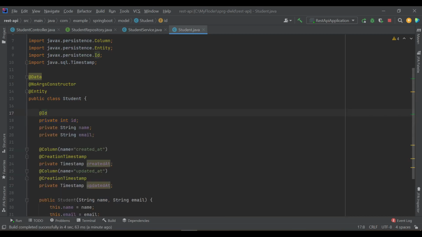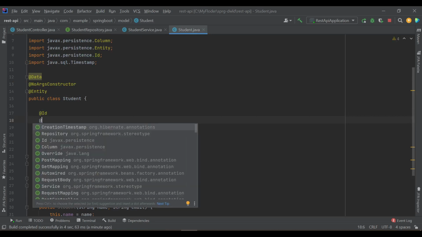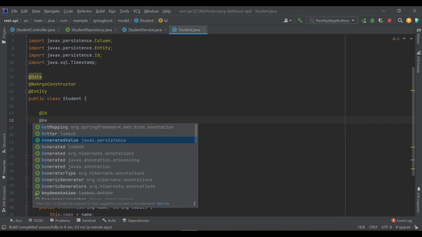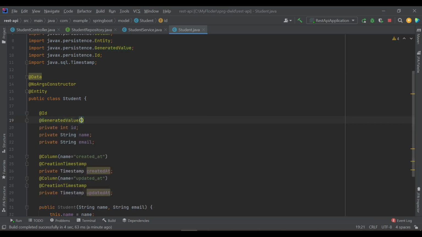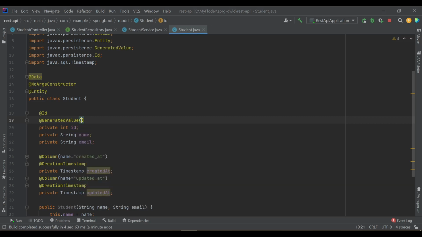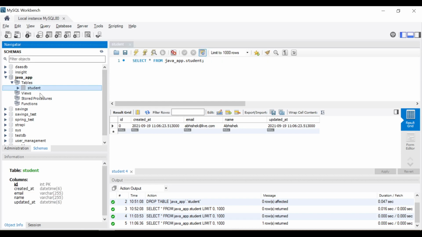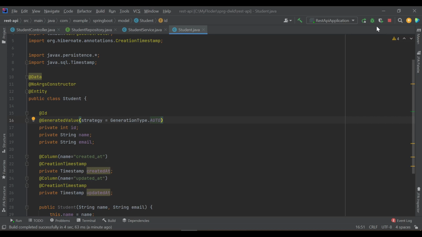So when you are defining ID, you need to define the strategy for how the database is going to handle your primary key. So I will use an annotation called generated value. Here I will define a strategy as generation type auto. Okay, so let me delete this table and rerun.